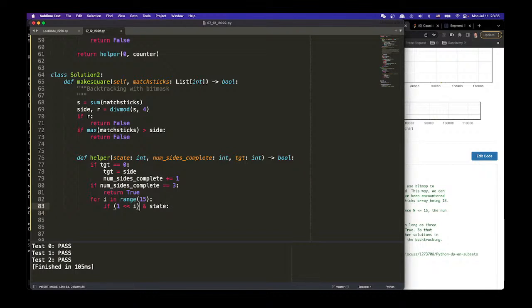I think I should go the other way back from 14. Because it doesn't matter. So we shift that, check that one, we say, okay, if this is 1, that means I can choose to take it. We choose to take it or not take it. So if we choose to take it, then we say